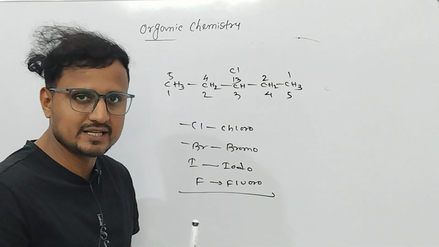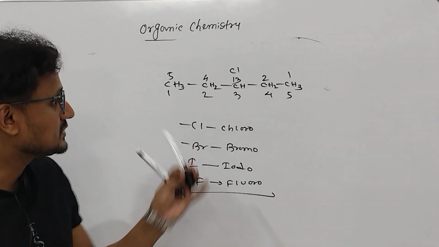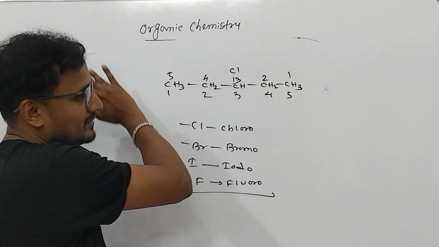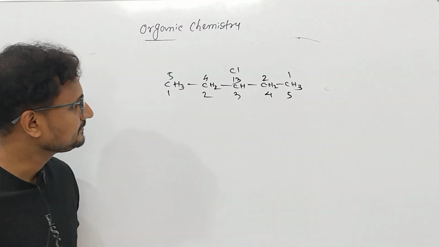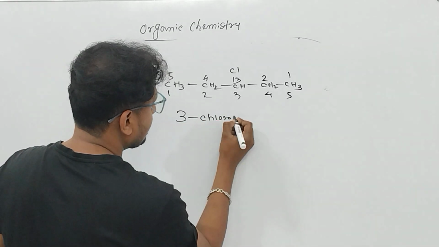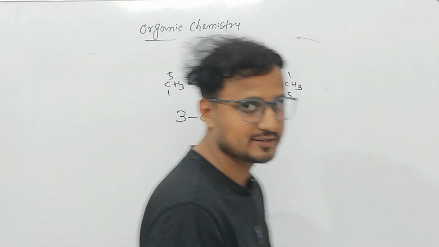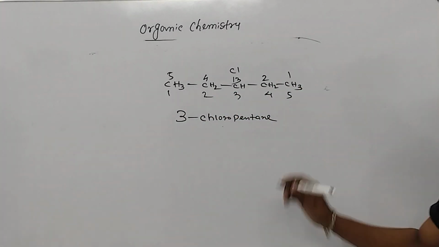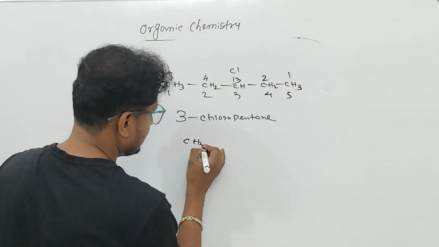So 5 carbons you are getting, and on number third carbon you have chlorine. So for this one is same thing. If you number from this side or that side, both the things are same. So here it will be 3 chloro pentane. Why pentane? Because 5 carbons are there. Okay, 3 chloro pentane. Now if it is written like this,